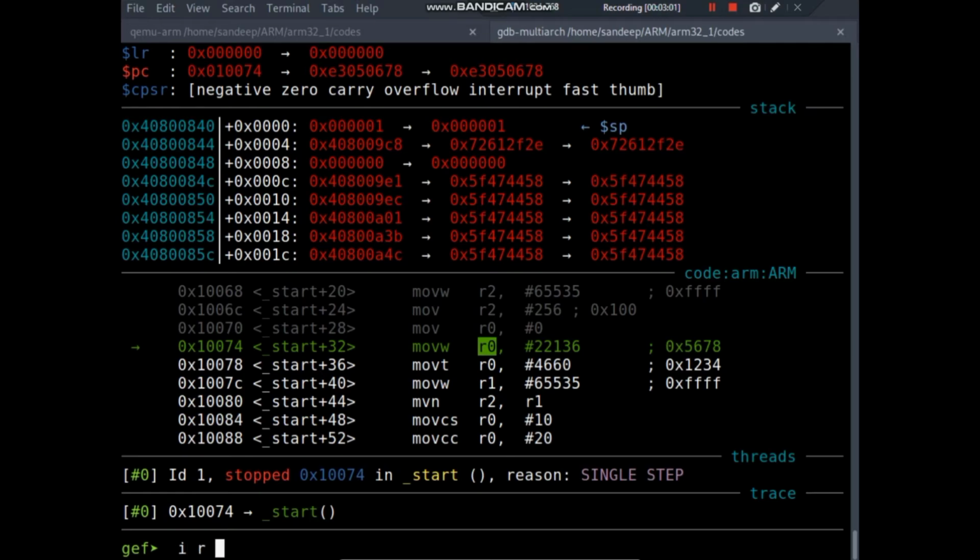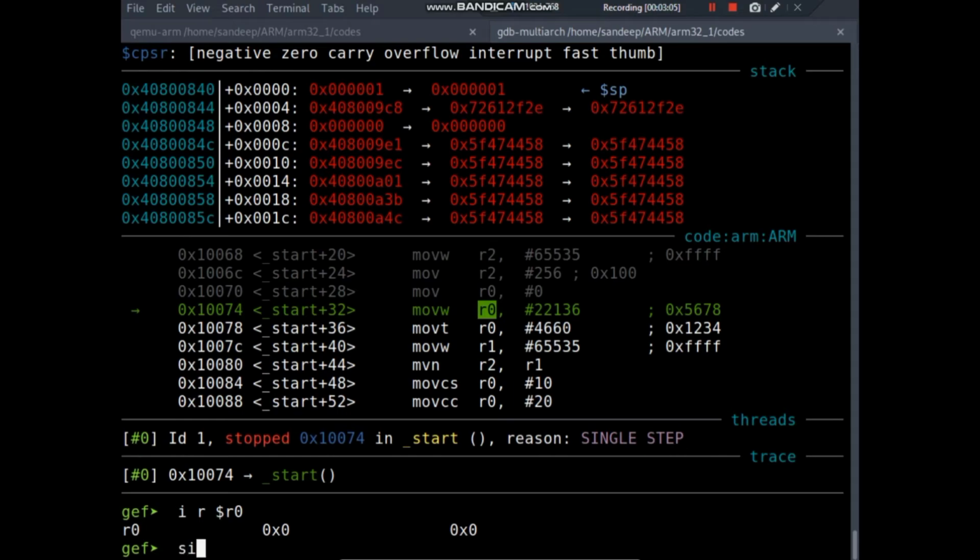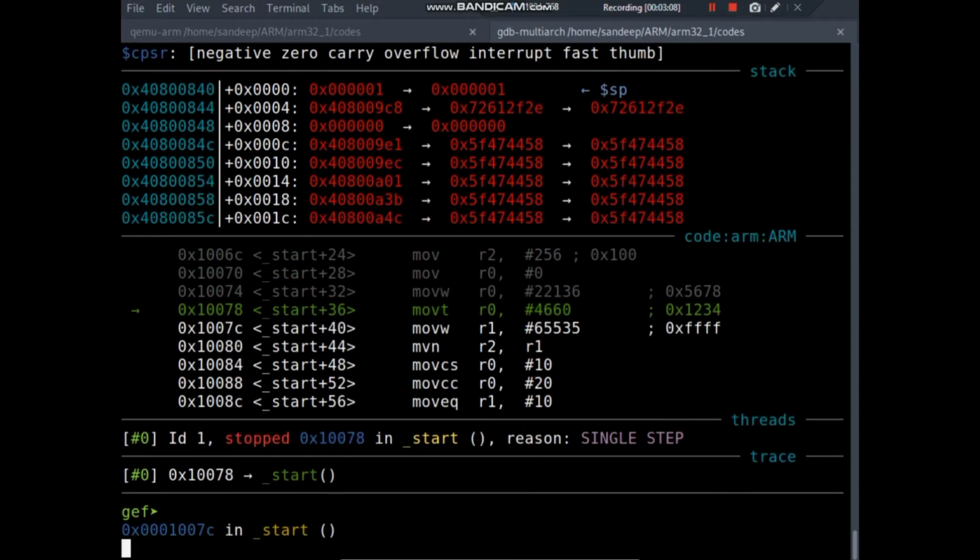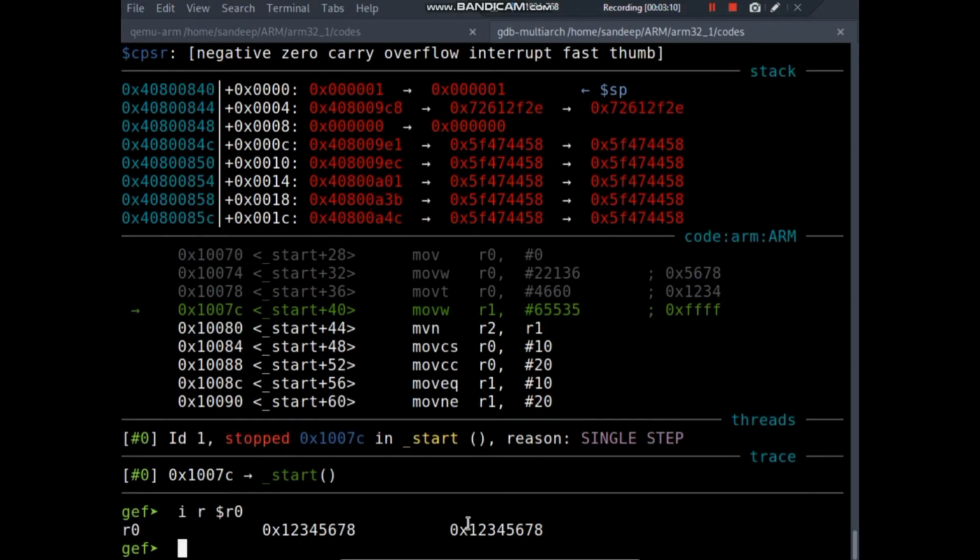After this, before stepping ahead, we will just look at the value of R0, which is 0. After stepping 2 instructions ahead, the value of R0 will be 1, 2, 3, 4, 5, 6, 7, 8. Stepping 1 instruction ahead,